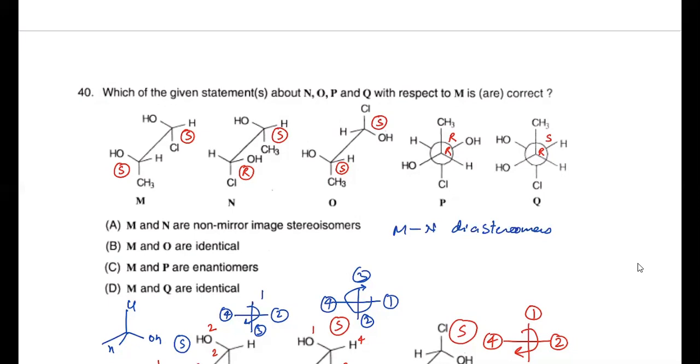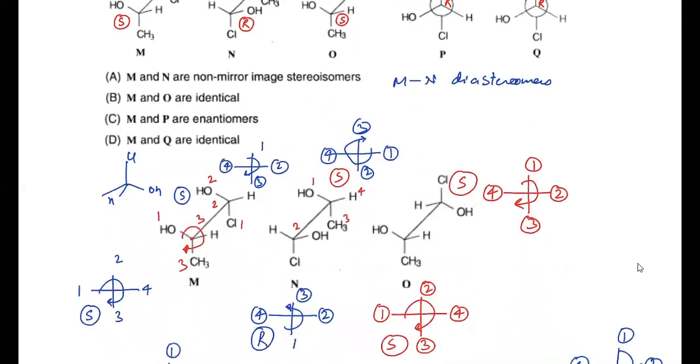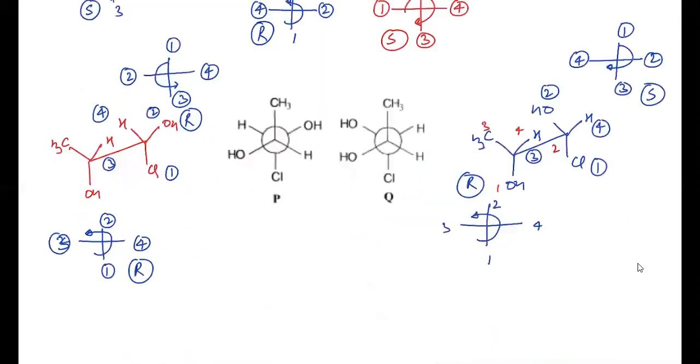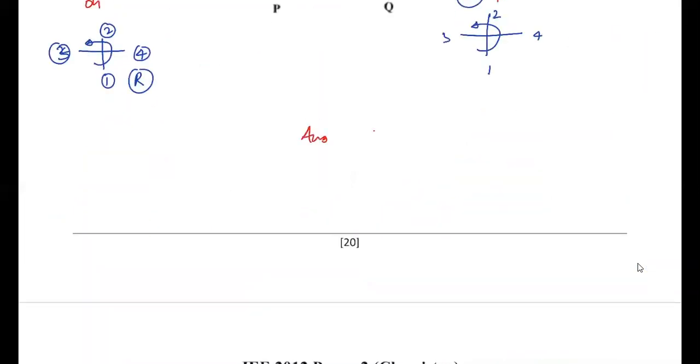And M and Q are identical. ये गलत हो गया because M में SS फॉर्म है और Q RS फॉर्म है. So that is not certainly matching. M and Q are not the same. अगर ध्यान से देखोगे तो उसके हिसाब से A, B, C आंसर करेक्ट हो गया. So the right answer for this question is A, B, C. So this completes your paper.